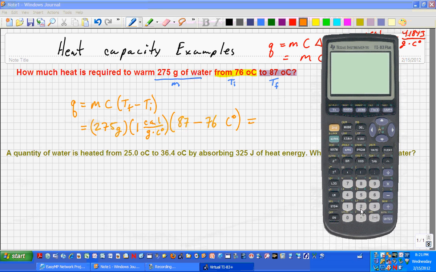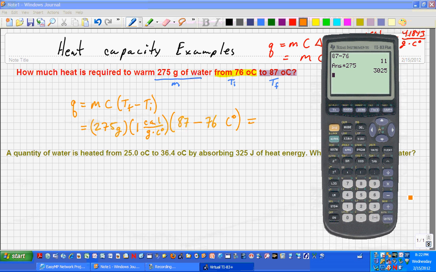So I've got 275 times 1 times, oh, I should probably have subtracted that first. Let's do that. I got 87 minus 76, 11 degrees times